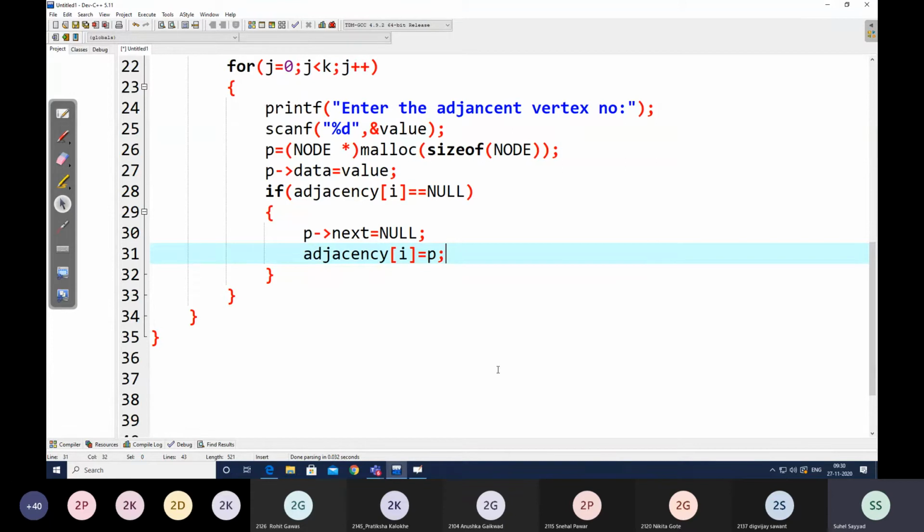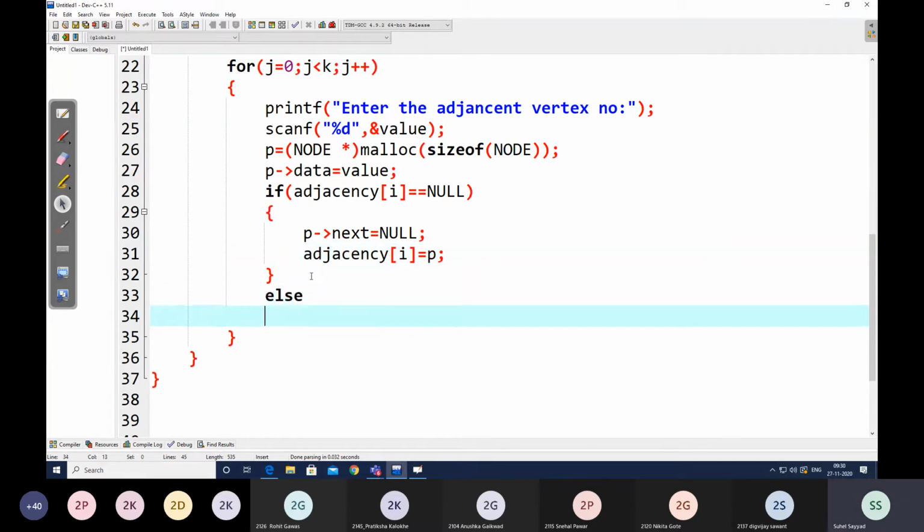Try to understand, students. Now start is labeled as the external reference pointer here in the form of adjacency. For the first linked list it is adjacency of 0, second linked list is adjacency of 1, and so on till the last linked list, that is adjacency of n minus 1. Right? So that can be accessed using adjacency of I. So wherever we used to write start in our syntax, now we are going to replace it by adjacency of I. As simple as that.